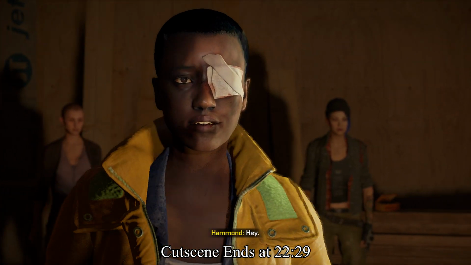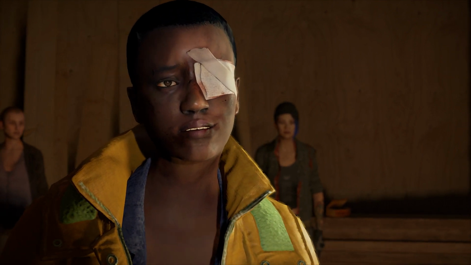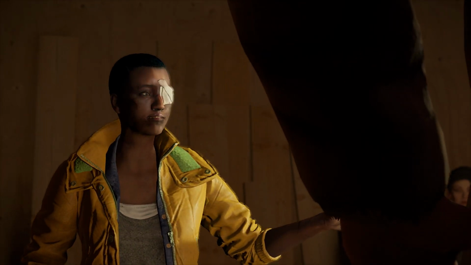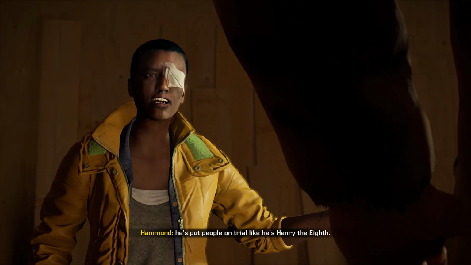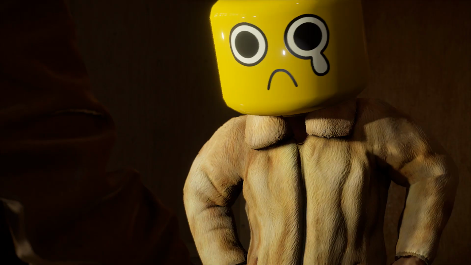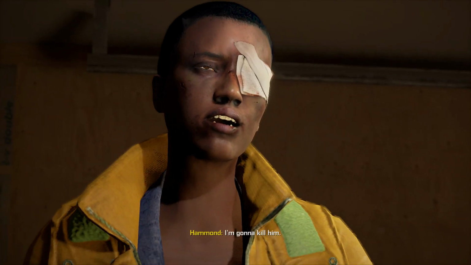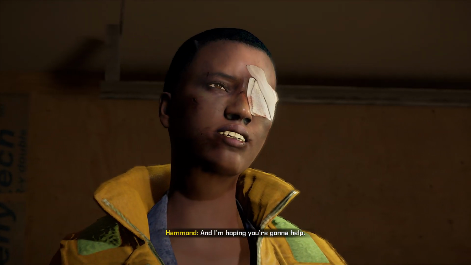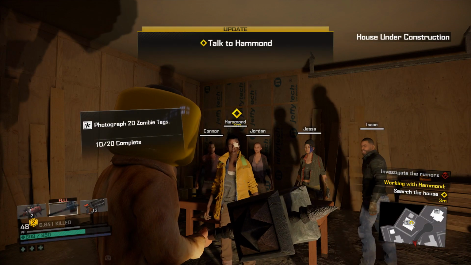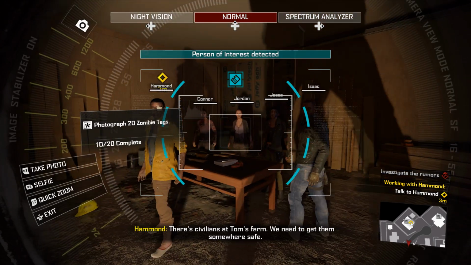What the hell? Blam, blam, blam, blam, blam. Tom blamed me for the raid, even though he knew it wasn't our fault. He's insane. Locked people in the cellar. The Hill Jack has gone insane. Put people on trial like he's Henry VIII. Rumors of people disappearing without a trace. What are you gonna do? I'm gonna kill him. And I'm hoping he's gonna help. There's civilians at Tom's farm. Okay. We need to get...